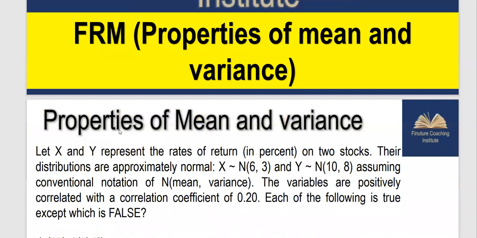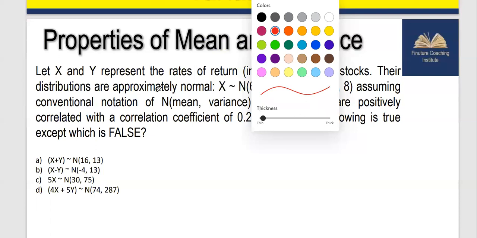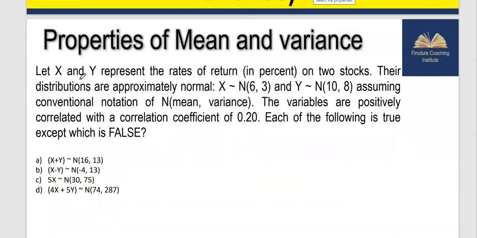So let's have a look at the question. Let me highlight the key information in red. Then, yeah, we have been given two variables x and y, which represent the rate of return on two stocks. Their distributions are approximately normal. So we have been given one of the variables as